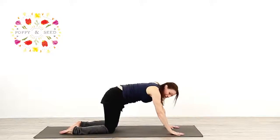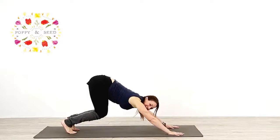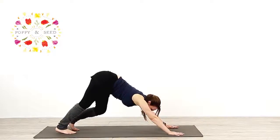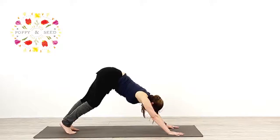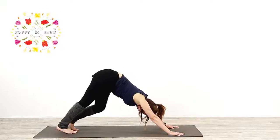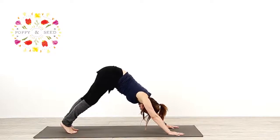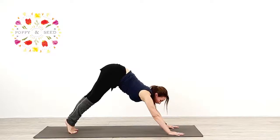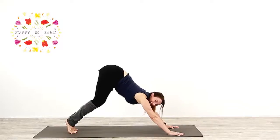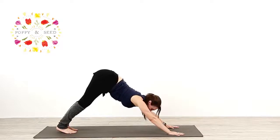Line up your knees right in front of your ankles, tuck the toes, lift the hips, and come into down dog. And then just start to bend one knee and the other, bicycling the legs. Way up high onto the balls of the feet. Bend the knees, keep your hips up high, lengthening the spine,